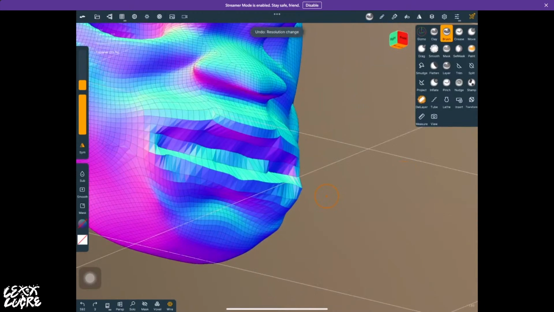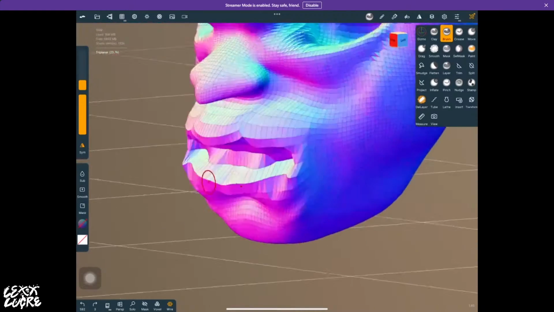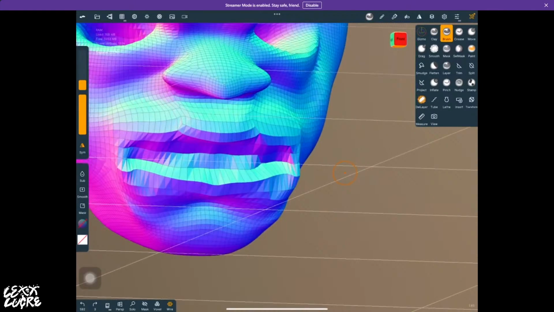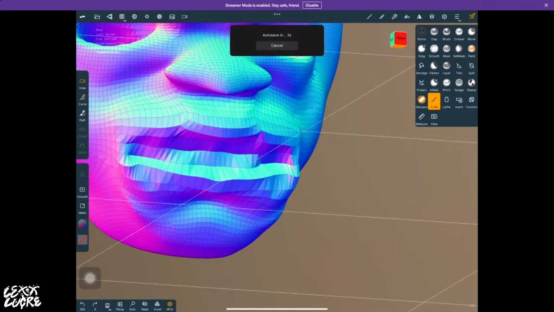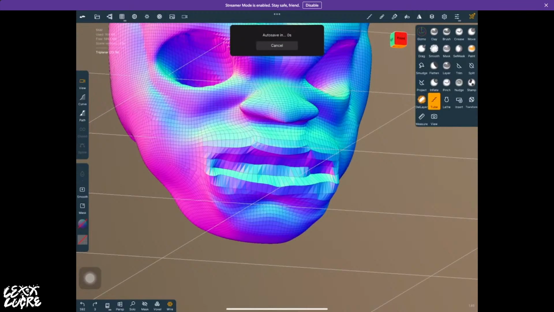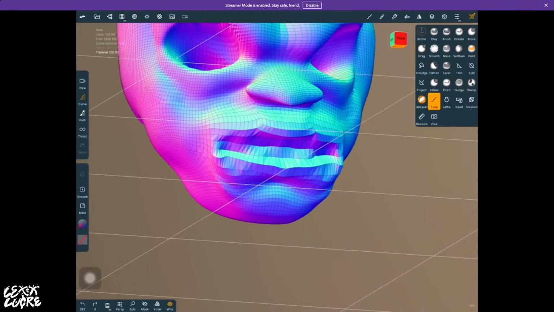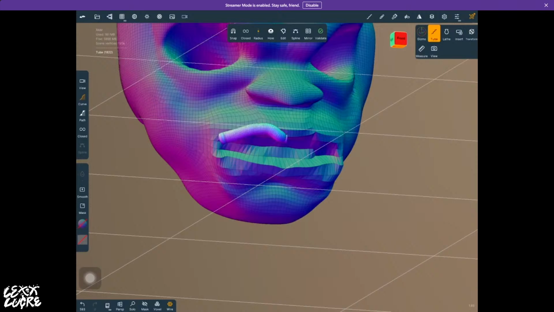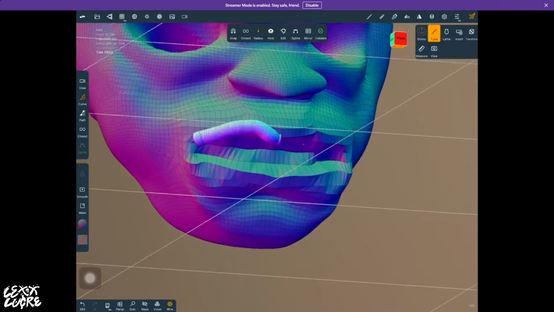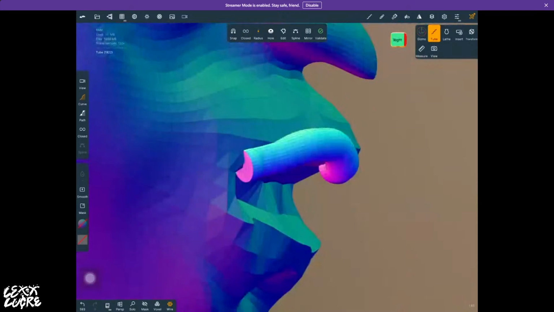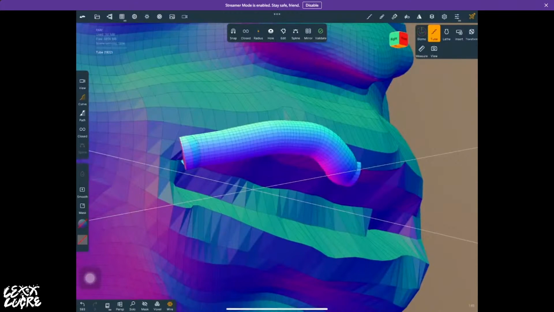All right, so let's go back down. And let's add tubes for lips, okay? So let's come to the tube tool, right? And what we want to do is, right now we're in view mode. So we want to come over here to the curve mode or to the path mode, right? Either one. I like the curve mode, and we're going to draw our tube in. Okay? So now that we have our tube in, this is basically a regular tube. But when you click on it, you'll notice that it still needs validation. And there are all these different features that are available. So if I hit snap,